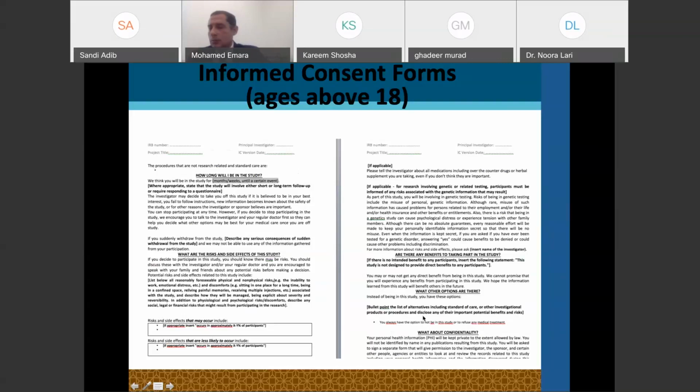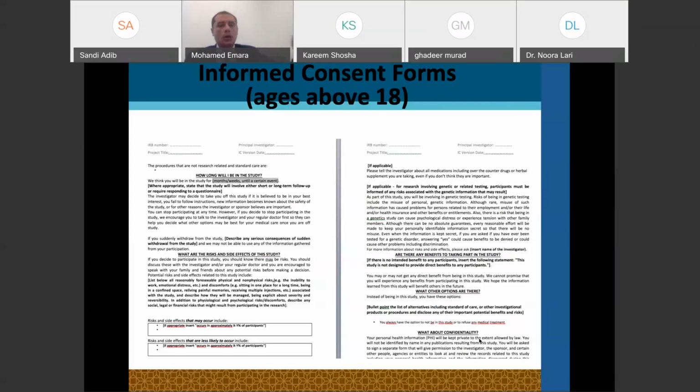And you can enumerate. That's what I mean here by voluntary. This should be written that way. Your participation is completely voluntary. You can withdraw from the study at any time. I mean, you can remove your data at any time you want, of course, as you know. What about confidentiality? If anyone has applied here for the IRB, they know about the confidentiality statement that we always say, that this is going to be confidential.